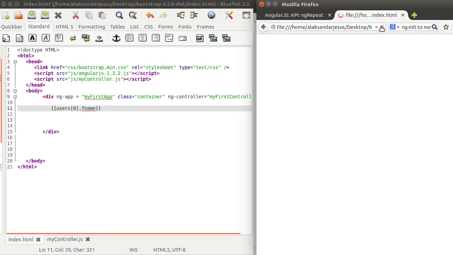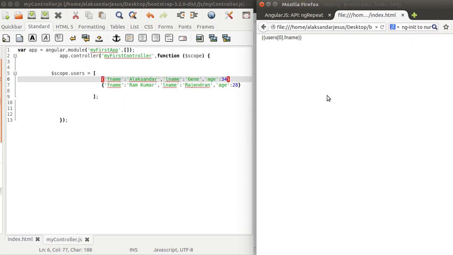This should give me the value of users[0] first name. I don't know, somewhere I'm making a mistake. One second. Okay, I'm sorry friends, actually I missed a comma here. Okay, and this one, yeah, right.